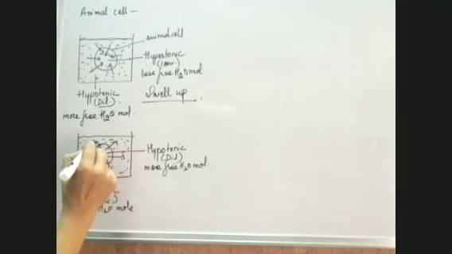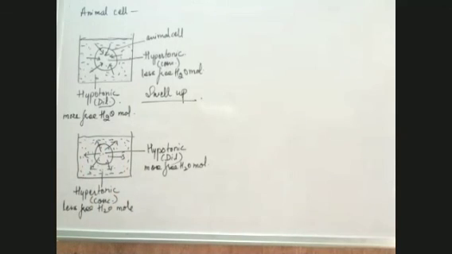And because an animal cell does not have a, yes, Rohan, you are right. Animal cell does not have a cell wall. So what will happen? Just the plasma membrane is present. The cell will shrink. There will be shrinking of the cell. And as a result, its size will reduce or decrease. So this is what happens when an animal cell is kept in a hypotonic solution or in a hypertonic solution. Now, I'll tell you what happens when a plant cell is kept in different